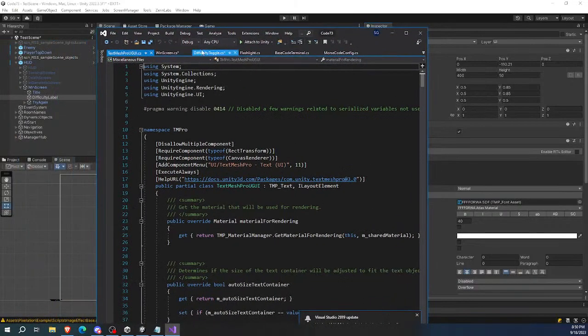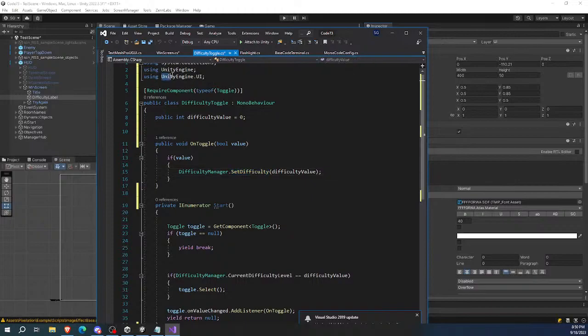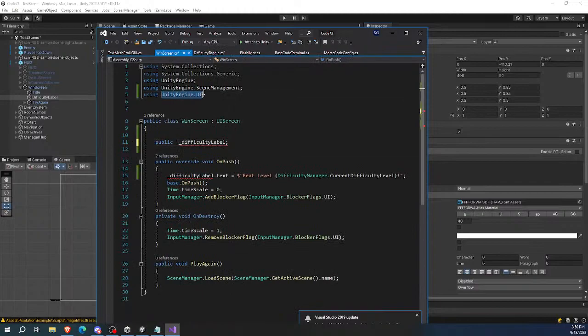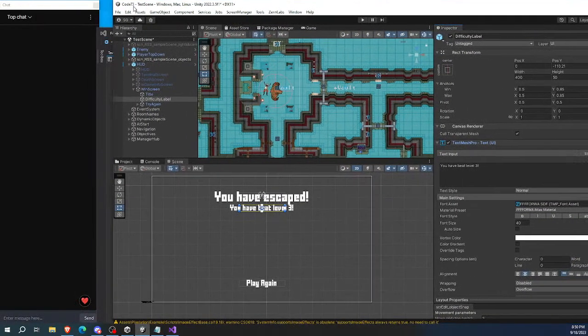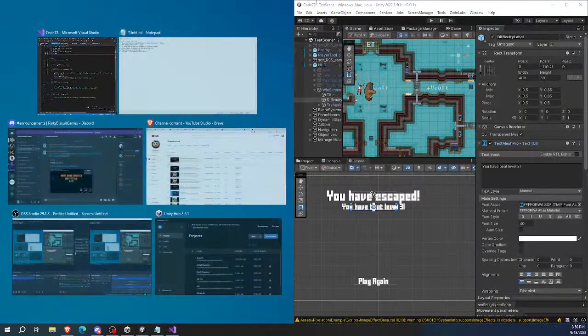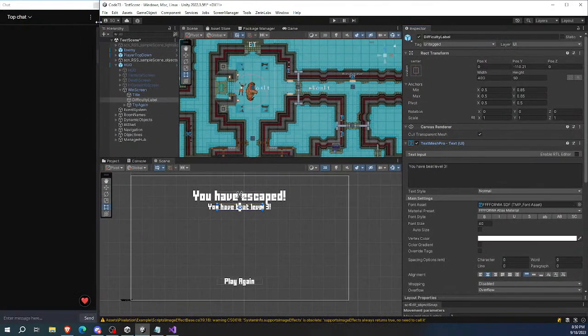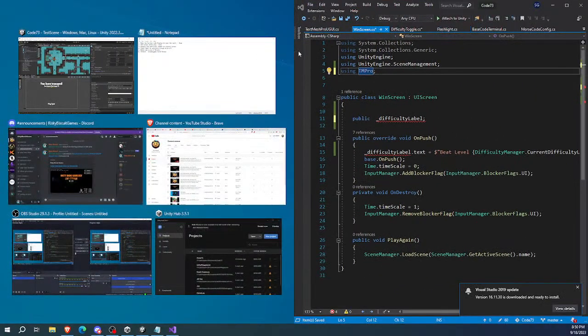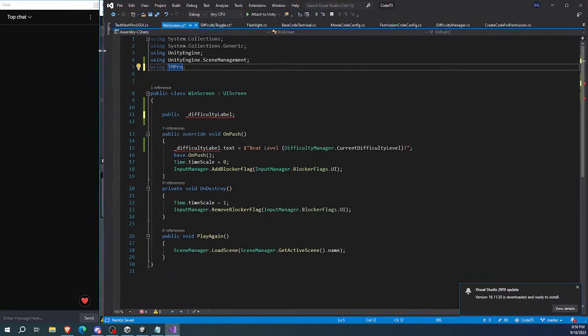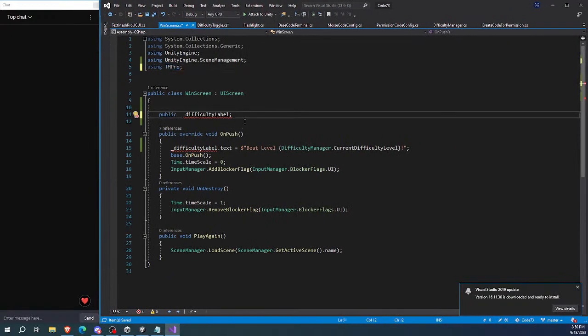Okay, it's TM Pro. Using TM Pro. Oh, I just changed the wrong script. That was smart. Okay, TM Pro. I just realized I don't want that to be that big. Okay, and then same thing with here. There we go. Okay, TM Pro, and then it's